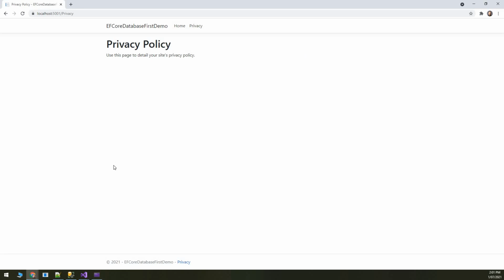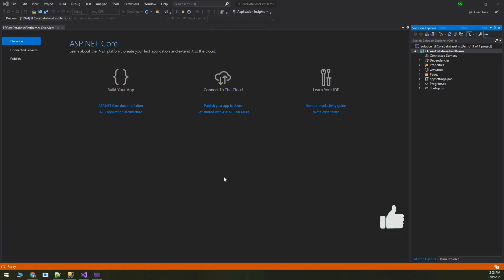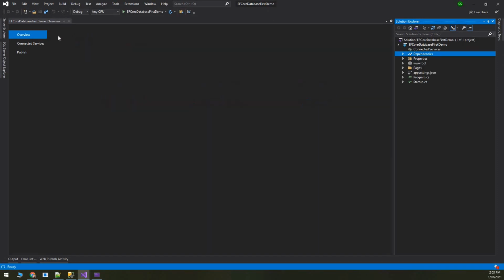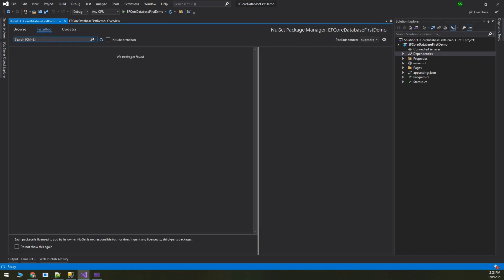So let's go back to Visual Studio and install our NuGet packages for Entity Framework. Let's install our necessary NuGet packages. So we will stop our application first and right click on dependencies, manage NuGet packages. This will open our NuGet package window, and we will basically browse for two packages. One is called Entity Framework Core.SqlServer,